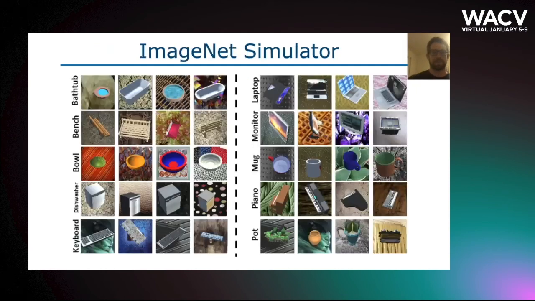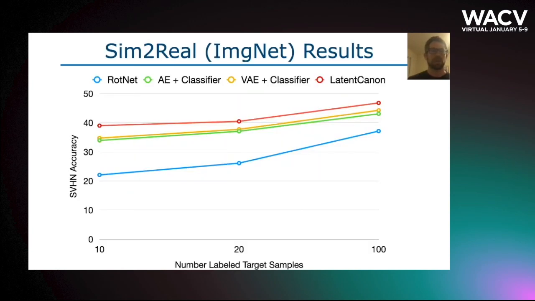samples. We've repeated the same procedure, this time on a subset of ImageNet, where we have built a simple simulator by rendering synthetic 3D shapes on top of random backgrounds, controlling object pose, scale, and background texture. Remarkably, albeit a significant appearance gap between our simulated data and the real one, our method outperformed baselines by a